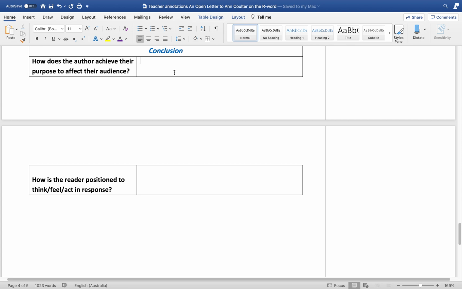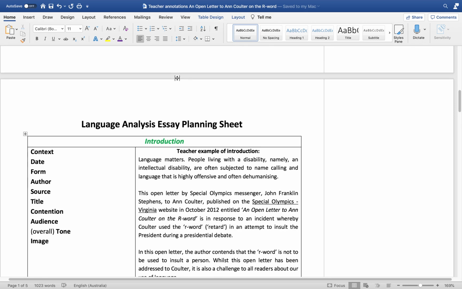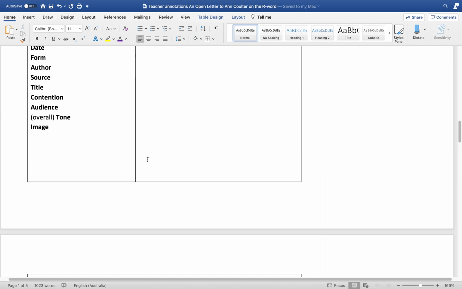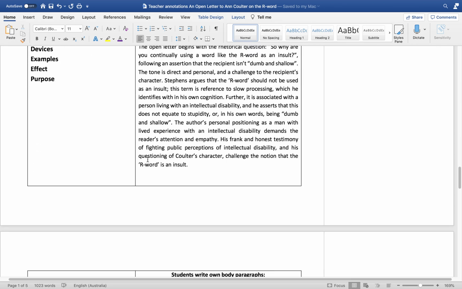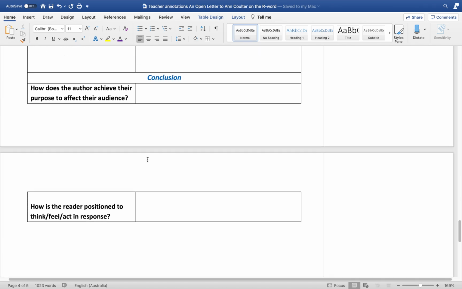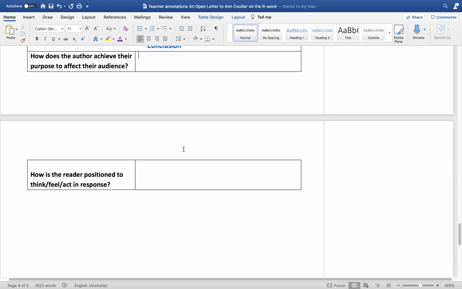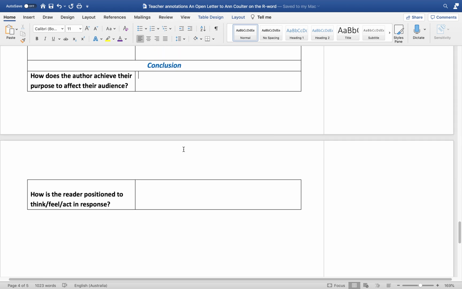Once you've done that, class, I'm assuming this will take you to at least the end of the first lesson. And if you're on the double lesson as well, I'd like you to take some time for the rest of the double lesson to edit your work. By the end of your double, you should have written an entire essay response. Intro, there should be 3 body paragraphs, including my own, and also your conclusion, as well as mention of the image. So that needs to be done by the end of this lesson, and that needs to be uploaded to SEQTA. And we are now in week 7, I'm going to say. Yeah, we're in week 7.